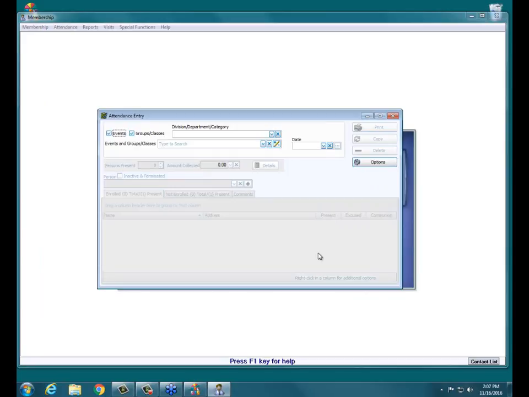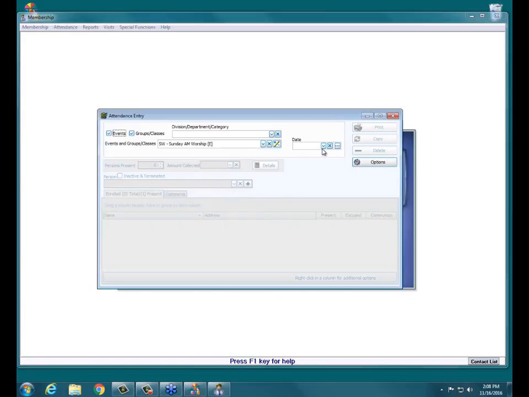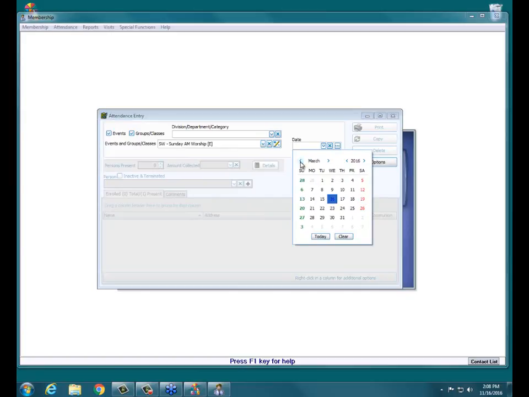This is where you'll do your bulk corrections or bulk editing of attendance. Say for example you're entering attendance, and let's just go to Sunday AM worship, and say you realize when you've run reports that you've entered attendance for the wrong date. Like for example,